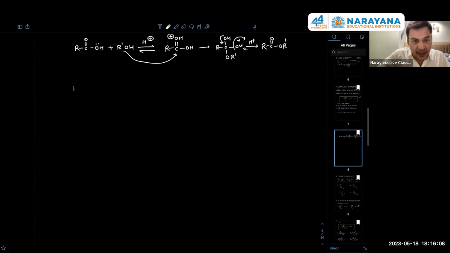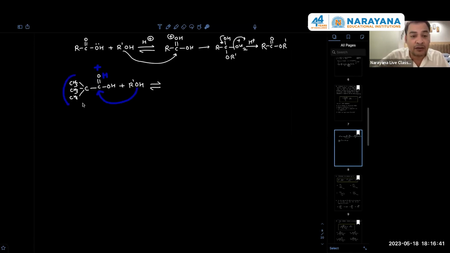If this R becomes bulky, I'll show in the simplest manner. Suppose this R is bulky, like a C(CH3)3 alkyl, this is bulky. Now if you do esterification in this case, there is no meaning of doing protonation here, because if you protonate here and try to attack with the alcohol, it won't attack because of the crowding. Then what to do? In this case, you do protonation here